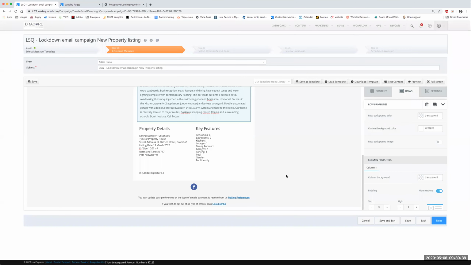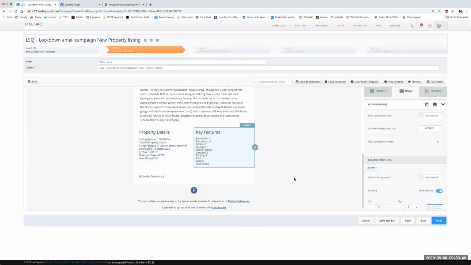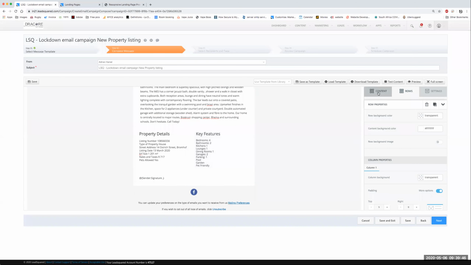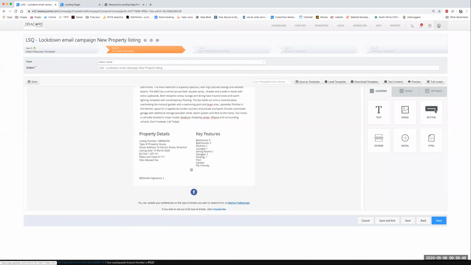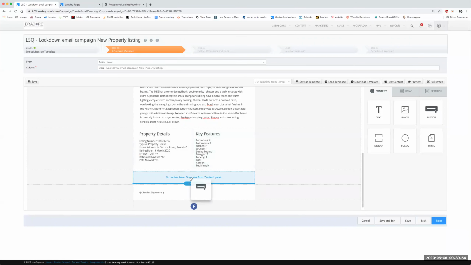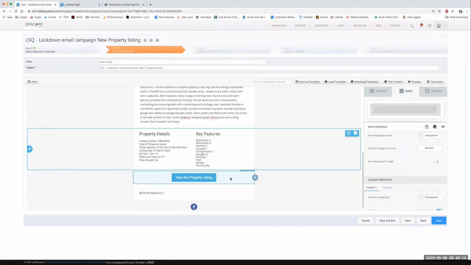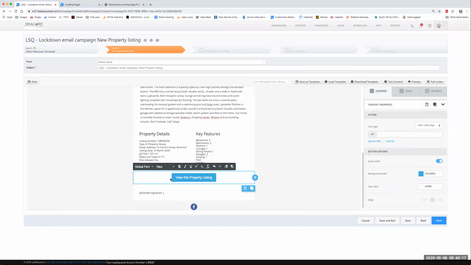So now that you have your email all set up for the property details, what we can do now is add in a new row at the bottom here so that we can add in our link to our landing page. Okay, so now that we have our button here,